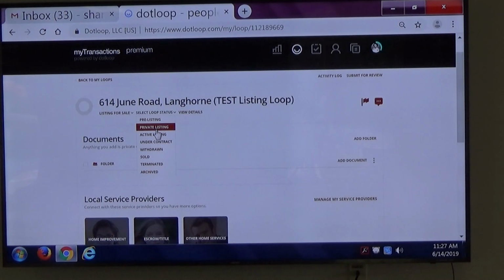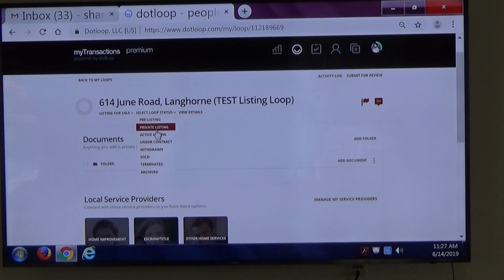Now this is in that second section there. I usually, when I'm sitting with somebody, circle the word private. You want to keep it a private listing because again, this is another way to make sure that other Dotloop users can't connect into yours. And what I have found is if you only make it private and yet you clicked on the Google Maps generated address, it still allows it to be found. So that's why my new teaching is don't click on the Google generated address and keep it a private listing,